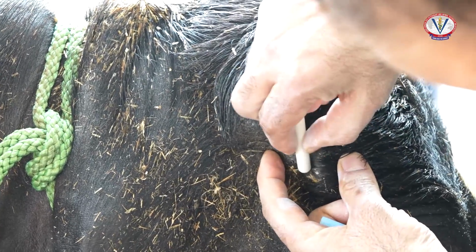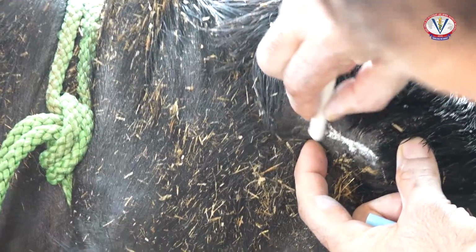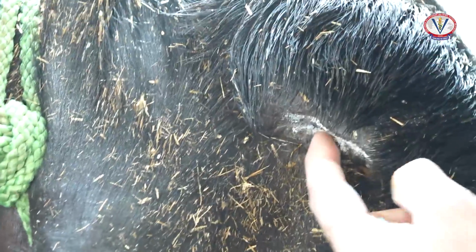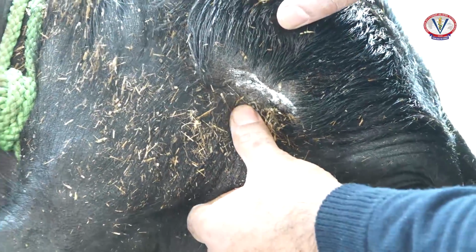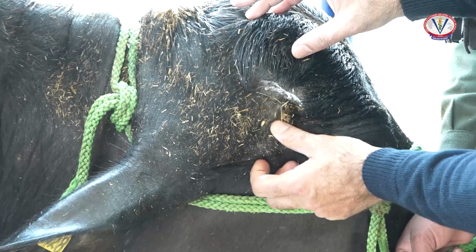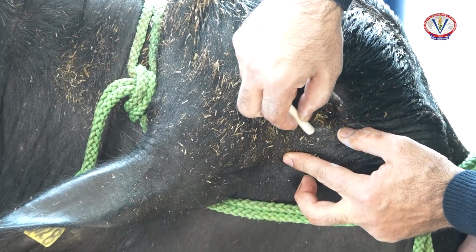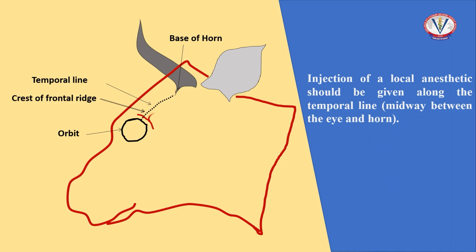And to proceed with the dehorning procedure, cornual nerve must be blocked. The temporal line is used as palpable landmark to block the cornual nerve which innervates the horn in cattle. The cornual nerve emerges from the orbit and it courses towards the base of the horn along the temporal line. The injection of the local anesthetic should be given along the temporal line at a place midway between the eye